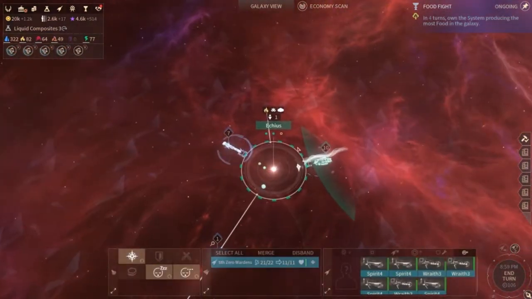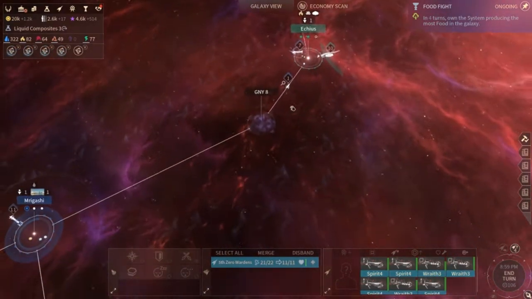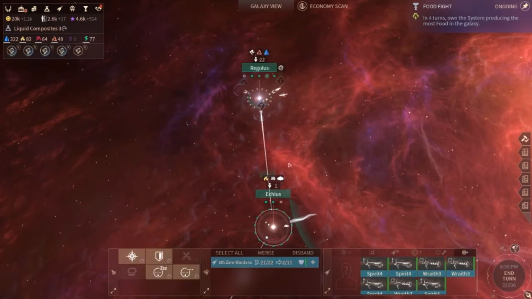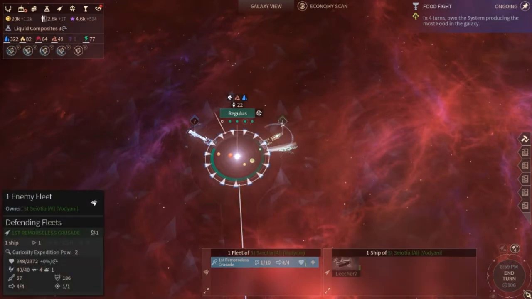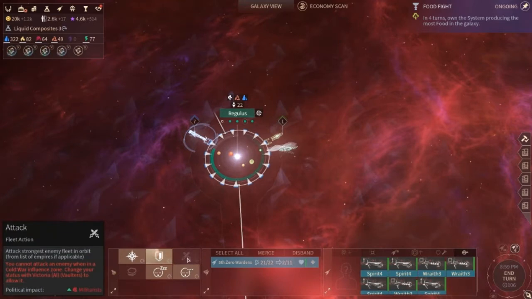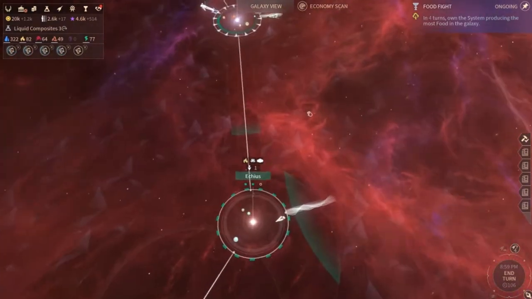Alright. Well, the best way to try and find them is to just head up this way, because this is the route that they're probably going to be along. Just gonna hit this. What are you? It's a leecher. How come I can't fight? Cold War influence zone. Oh, this isn't their colors are too similar. Alright, well...